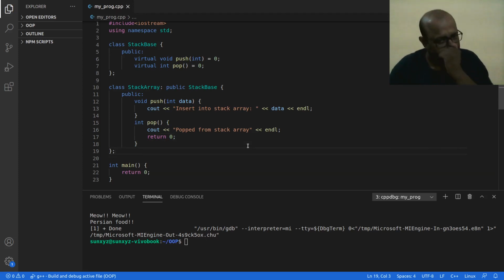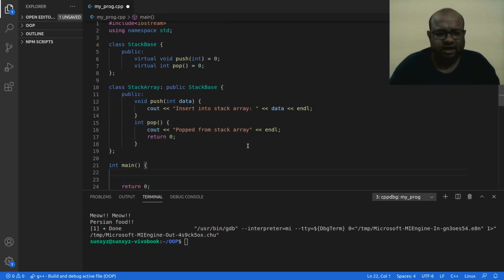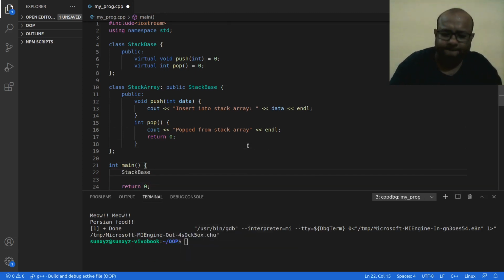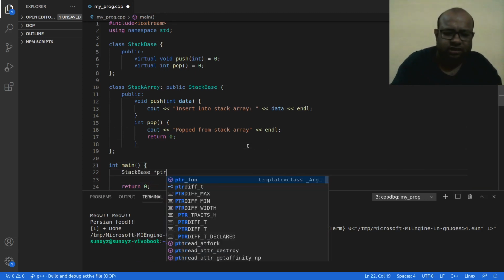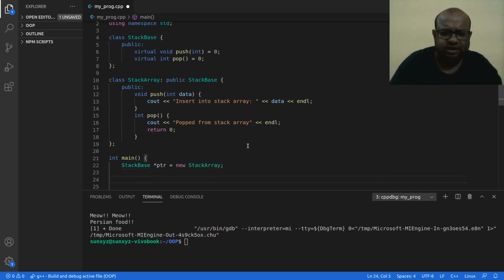So this is what I have. Stack array, there is no more pure virtual function, so this is a concrete class. Now I am going to do one thing. I am going to use this stack base pointer to point to a stack array object. Alright, then what do I do?